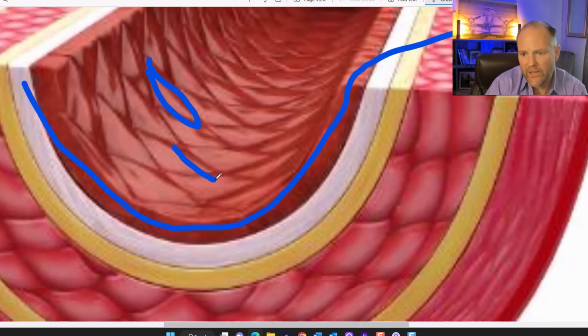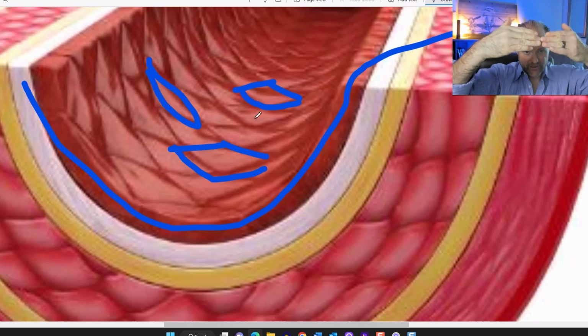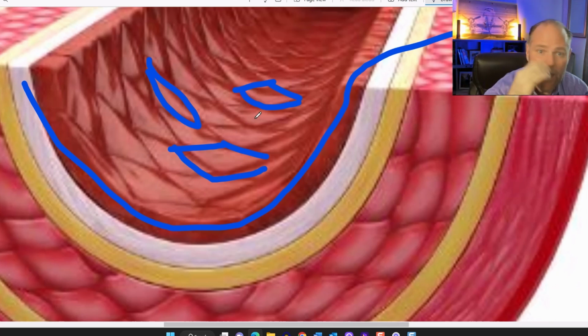What you're looking at right here is this little cell. You see that they're like diamond shapes? These are the little cells that make up your endothelium. So there's a whole bunch of little cells that attach just like this. And what happens is between these little cells right here, these small LDL particles can get in here and start